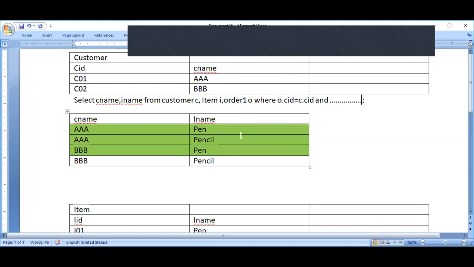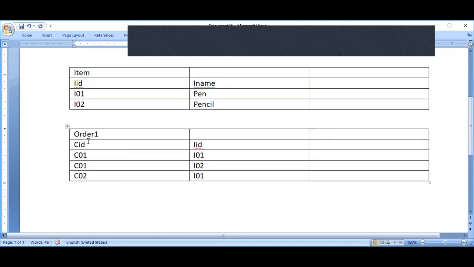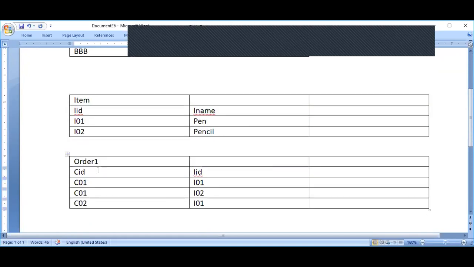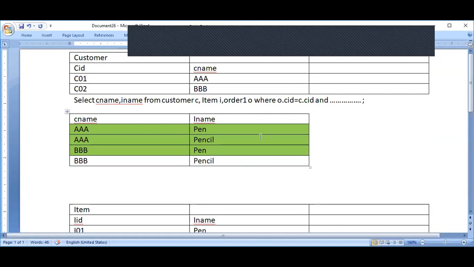So when this proper join is there, only then will I be able to tell which customer has given the order for which item. So whenever we have such proper joins, only then will I be able to generate proper tuples. Sometimes when my tables are not created properly with some common field which can be joined, in that case it generates many spurious tuples. Is that clear? And also sometimes,